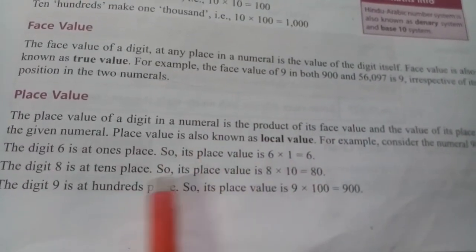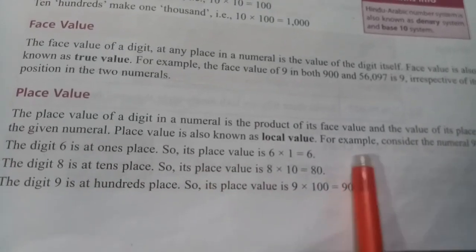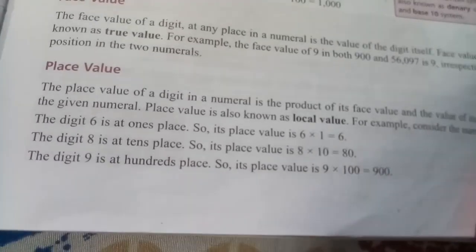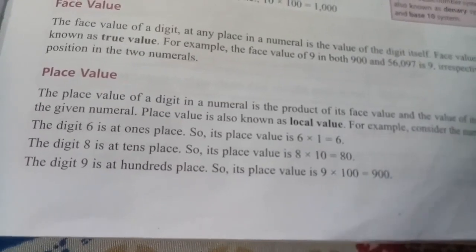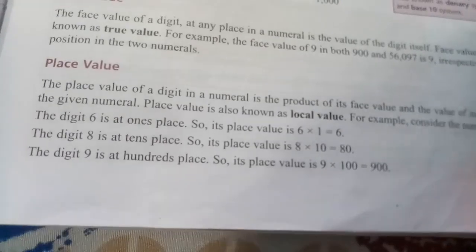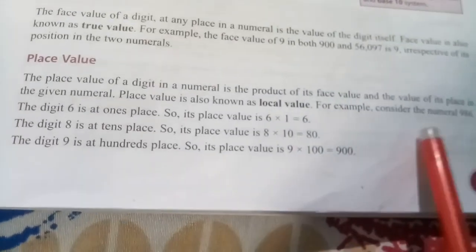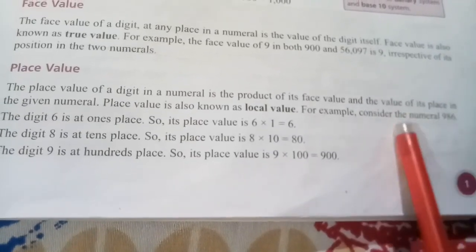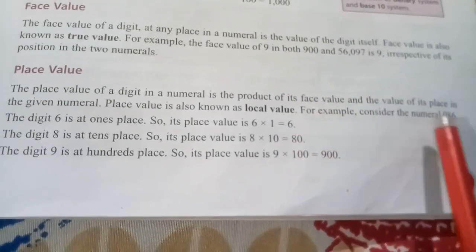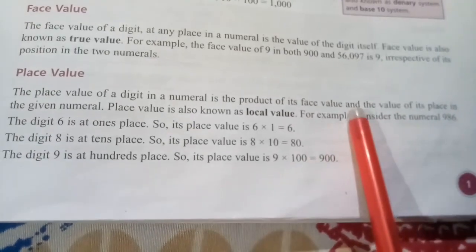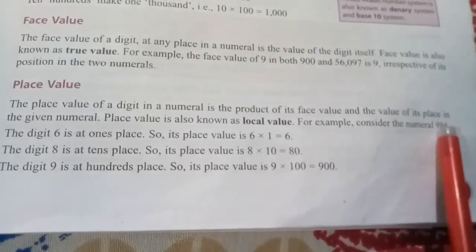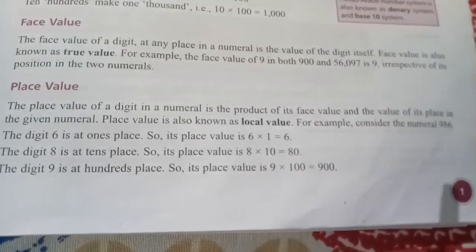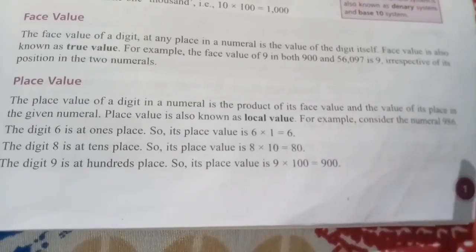In your book is given example 986. Okay, you will find out the place value of 6. So 6 is your correct answer. If you find out the place value of 8, 8 is in the tens place. First of all you will write 8 and after that 6's place gives 0. Suppose you find the place value of 9. So you will write first 9. After that how many digits are there? 2 digits. It means 2, 0. So these are the meaning of face value and place value. I think your concept is clear.